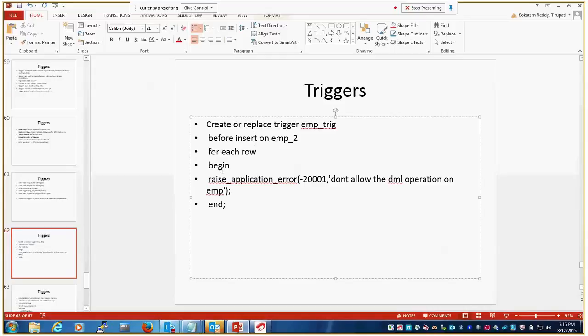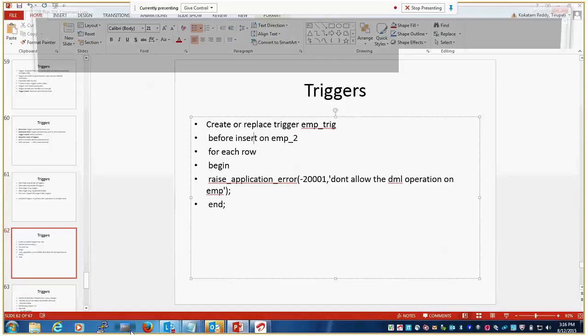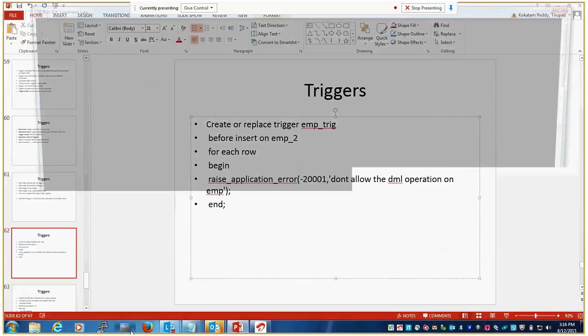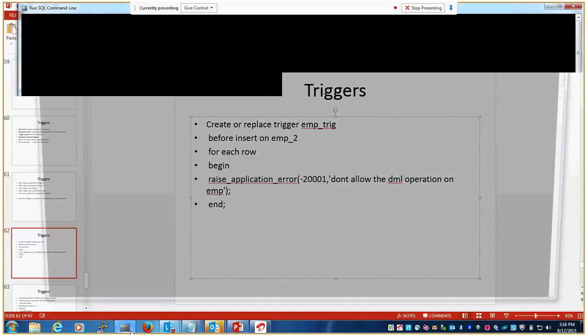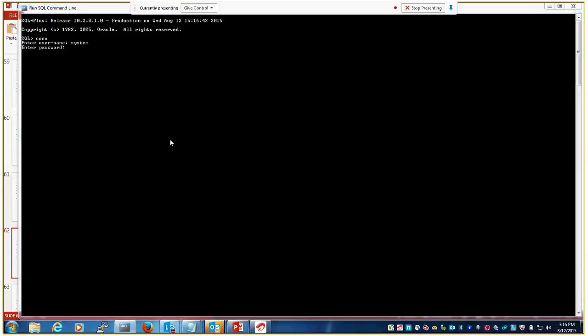We raised this trigger yesterday; we'll check once again. I'm going to insert a record into the EMP_2 table.